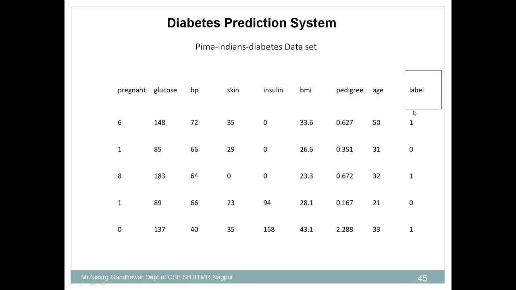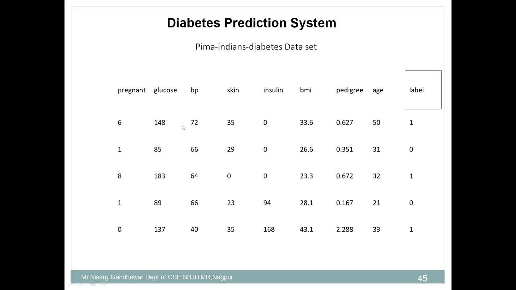So what does the label represent? 1 means that the person is suffering from diabetes. 0 means the person is not suffering from diabetes. 1 represents true, 0 represents false. Our aim is to predict whether a person is suffering from diabetes or not. Suppose we say that the person is suffering from diabetes, 1.